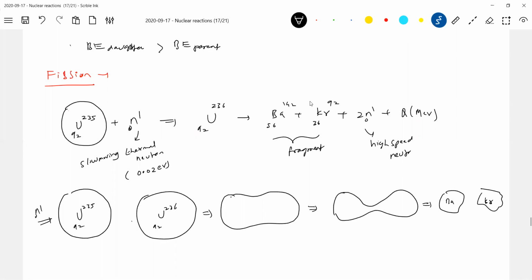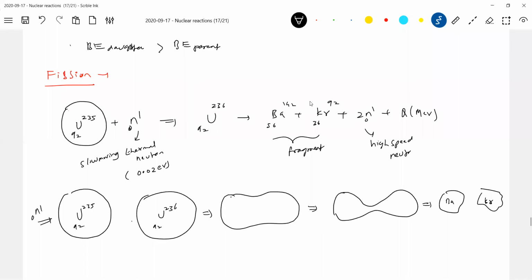At the final point, we would have to go inside the nucleus, and we don't have any particular knowledge to work that out. So this uranium 236 is highly unstable, and uranium 235 cannot break up on its own. I think this is very important. Uranium 235 can capture only slow-moving thermal neutrons. If it captures a fast-moving neutron, it will become something else, some other phenomenon that we'll discuss tomorrow. When it captures a slow-moving thermal neutron, it becomes highly unstable.